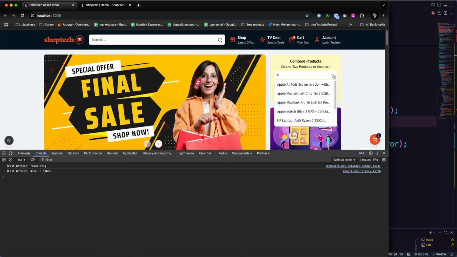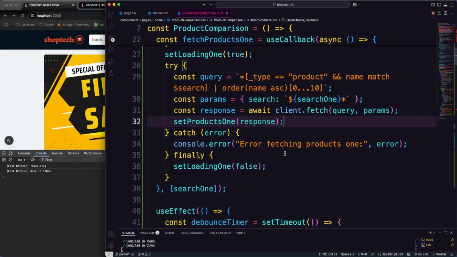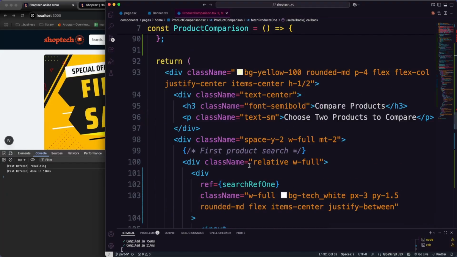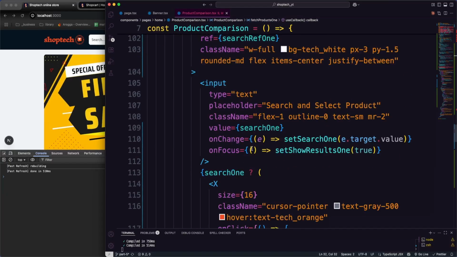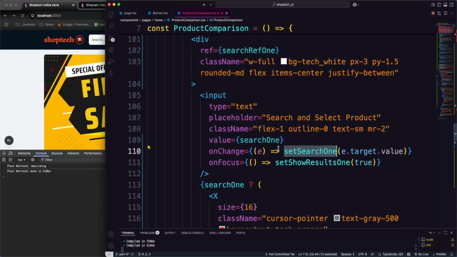Now, as you can see, whenever we search something, it works. The problem is that it is set in the state, but it's not showing in the input field. So we need to provide the value. This is the search one value, and I think we made that one setSearchOne. So when we click on that particularly,